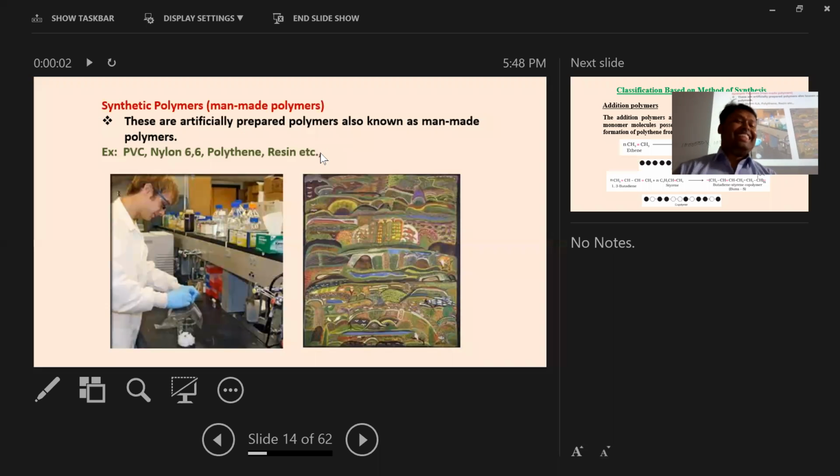Okay. Now here you can see. Oh, this is too dark. This guy is making something inside the laboratory. Like that. This or this. Okay. That is also a kind of painting, you can say. Painting, and also sometimes you can make different types of